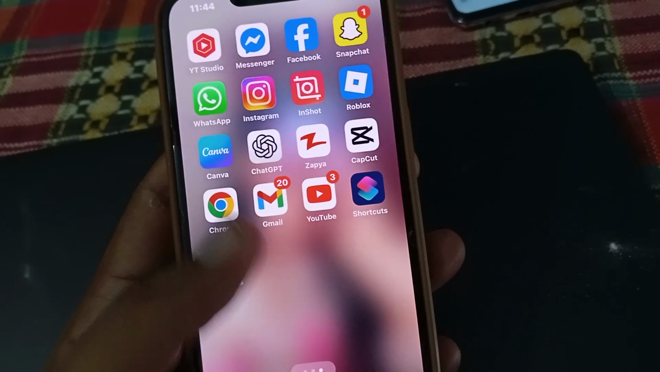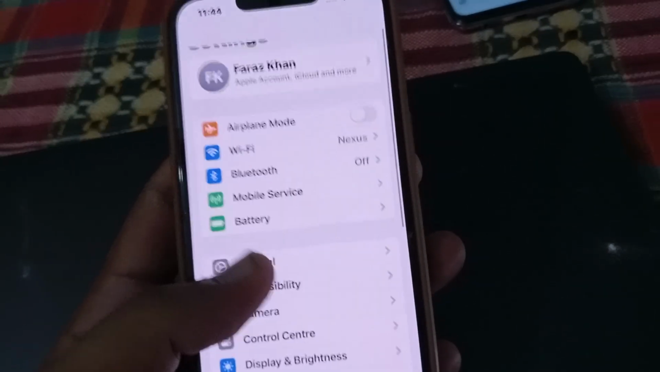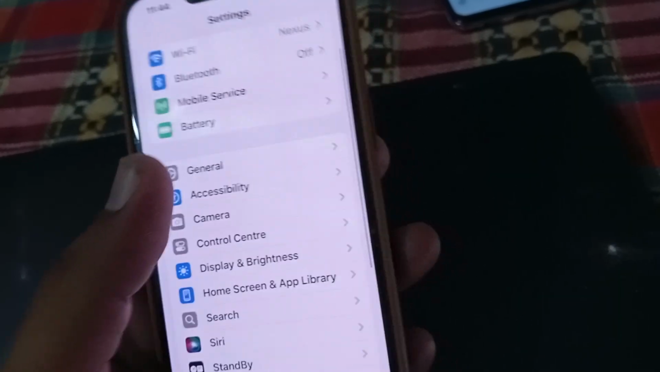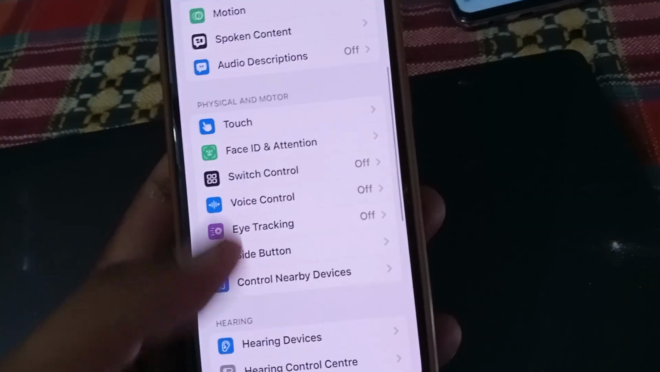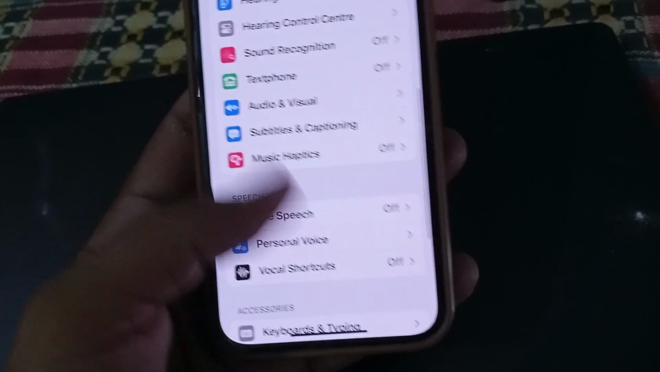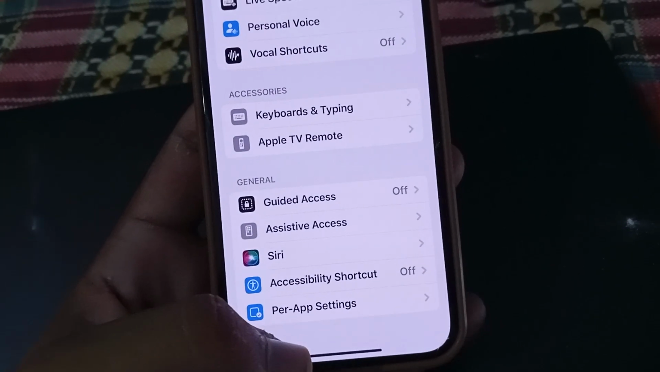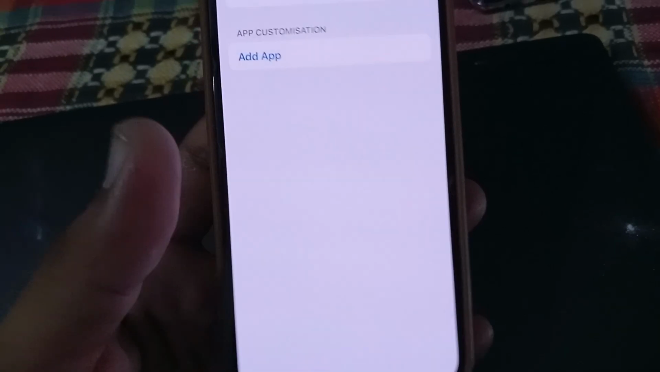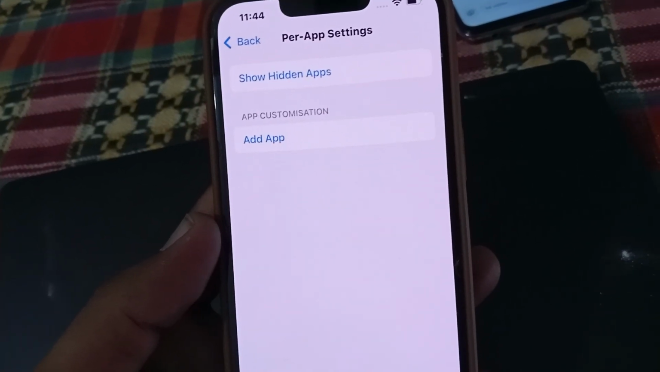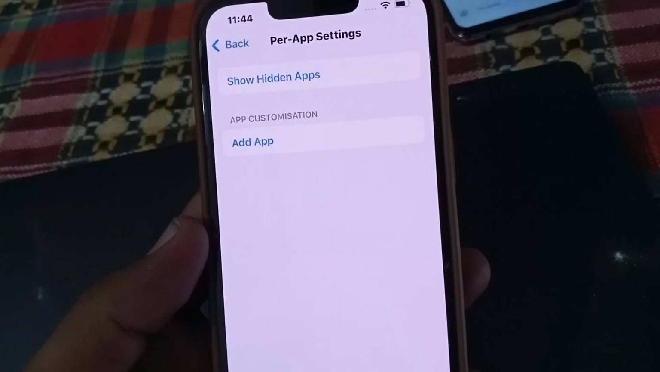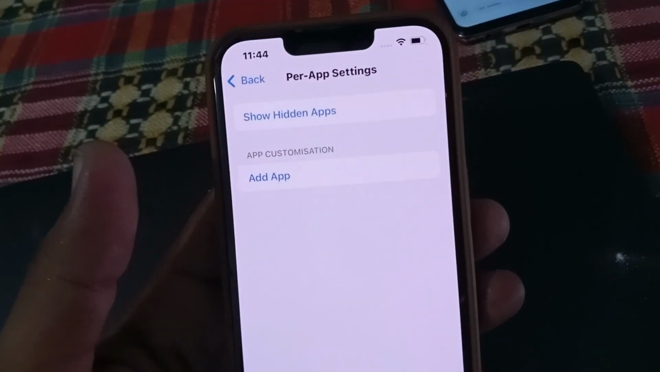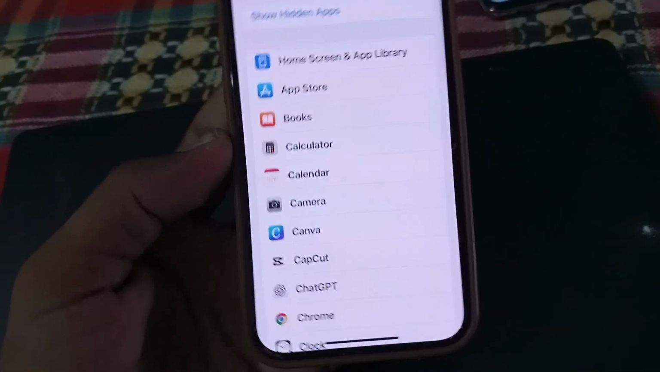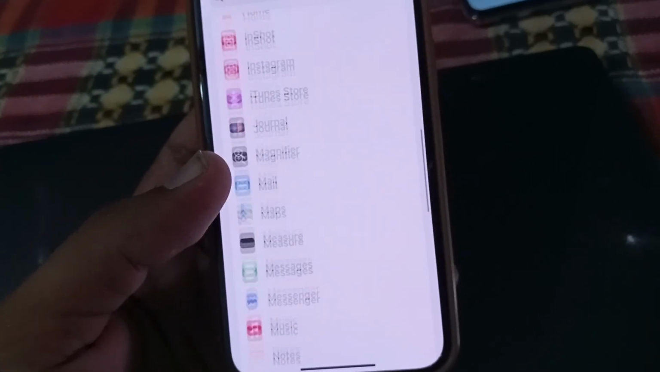So first of all, open Settings on your iPhone, then scroll down and tap on Accessibility. Now tap it, then scroll down. Now we can see a new screen appears, and then tap on Per-App Settings. Now here a new screen appears. Now show hidden apps and app customizations, app add. Now we can see no app is added, so tap Add App, and all apps appear here, and just